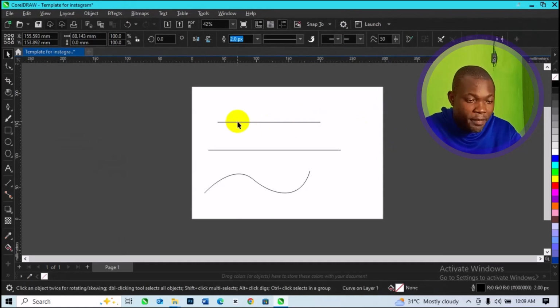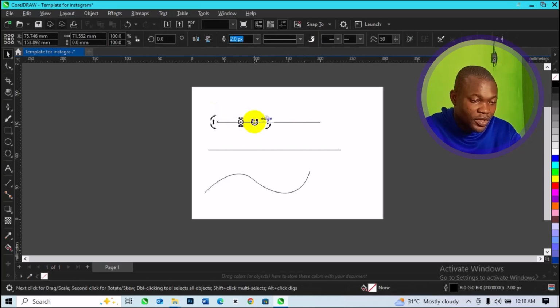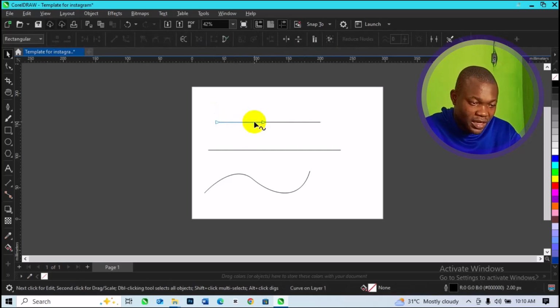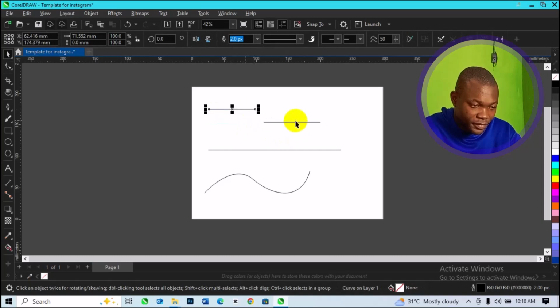Make sure you click on break curve apart. So you click on break curve apart, then you have it in a separate way. So we have one here and we have another one right here. So just like so. So this is one of the ways to break curve apart in CorelDraw. So if I try to select this side,